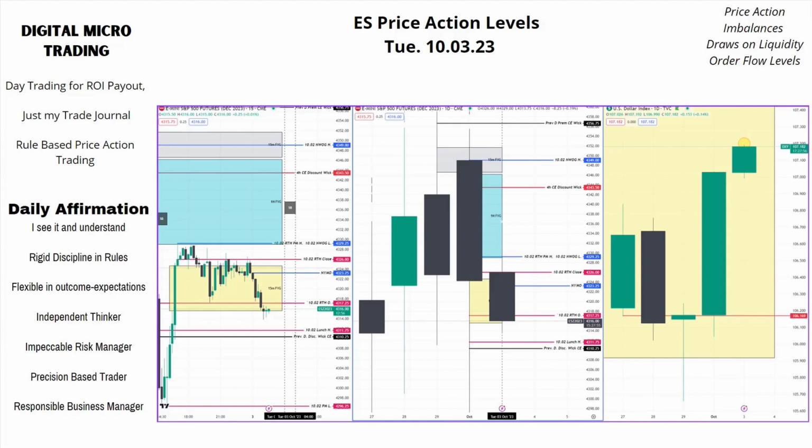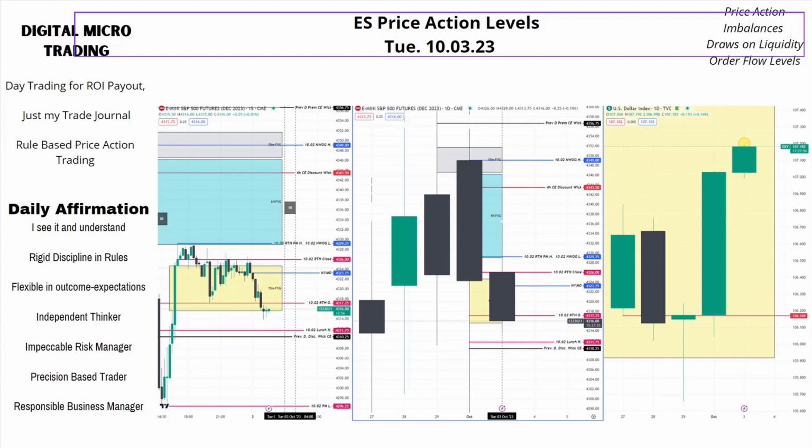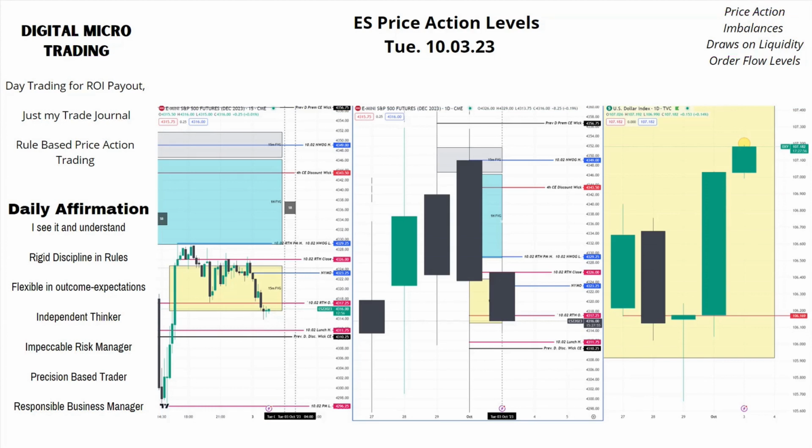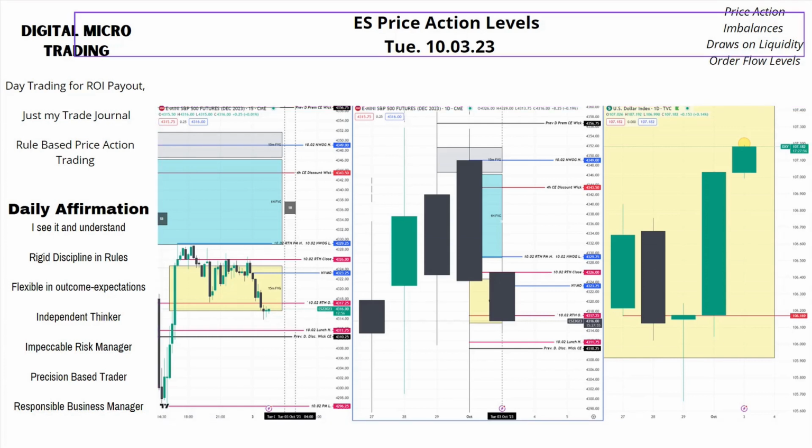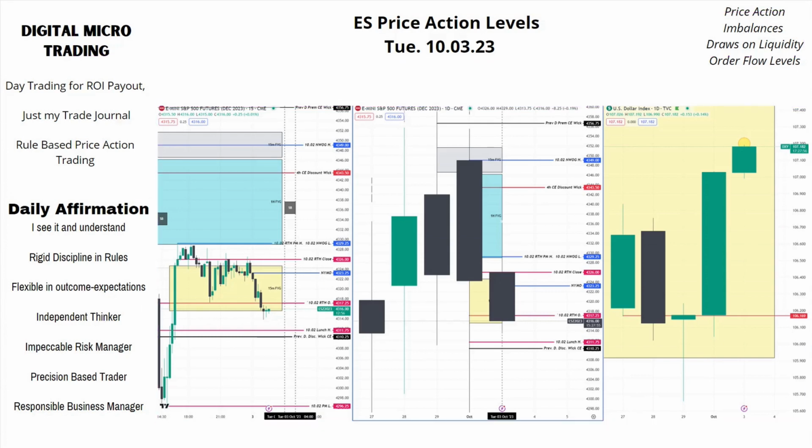I'll go through these levels on a smaller time frame chart, but you can see here that ES is going down, dollar going up. That is a risk-off scenario. As long as we have a bullish dollar, and you just have to respect that big green candle on Monday, there's been no retrace as of yet in Tuesday. Let's jump into the smaller time frames and get down to the nitty-gritty levels on the ES.